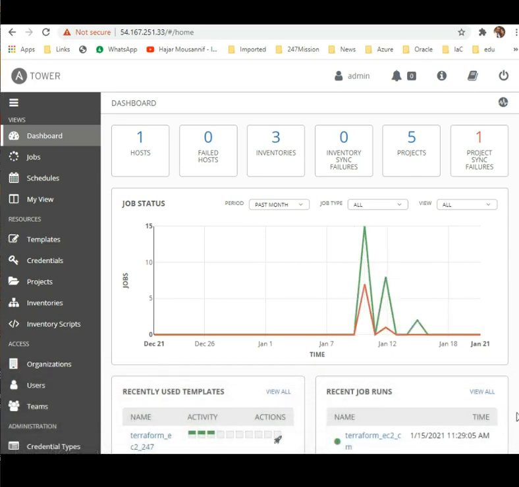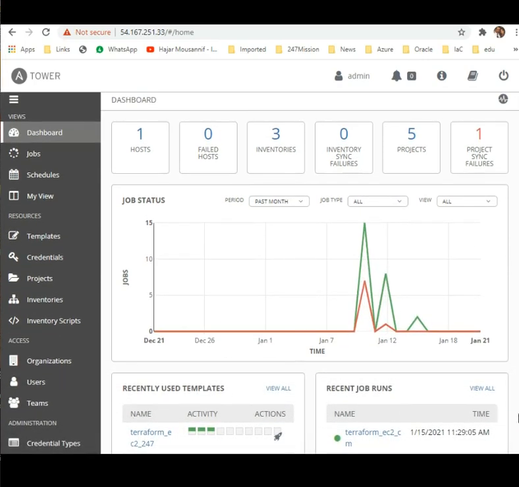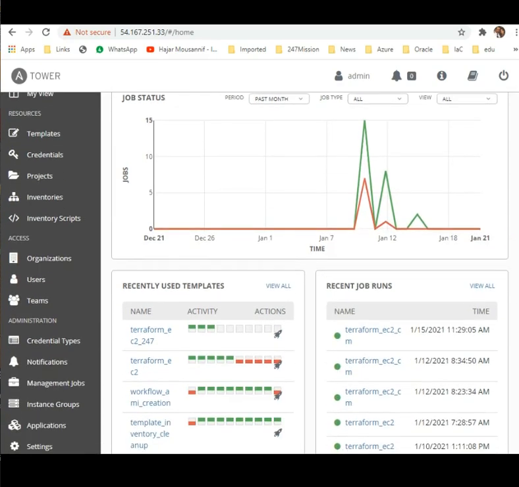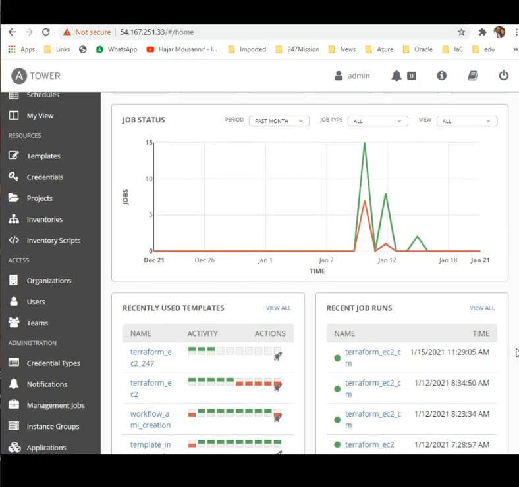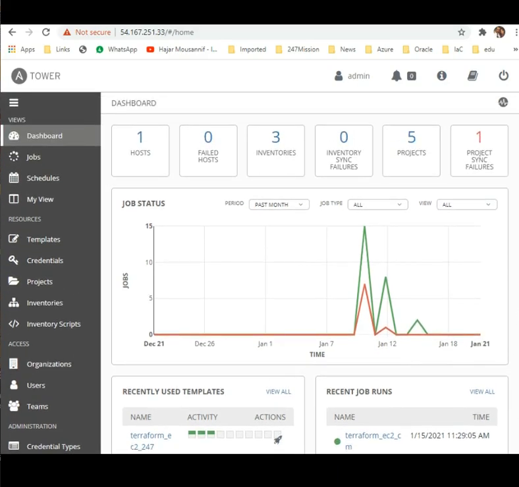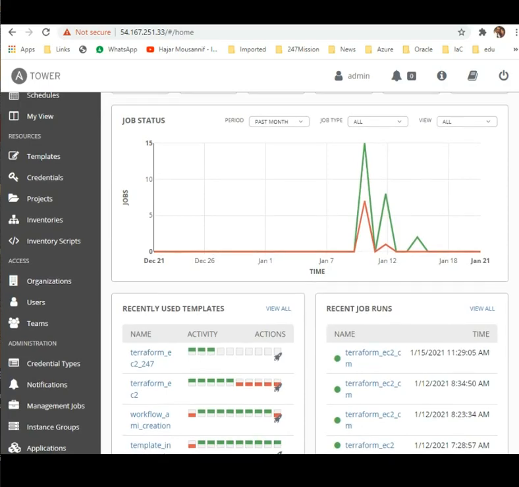Okay, as you can see, this is basically a dashboard. It shows you the projects you have, inventory, the hosts, and the jobs that you run, whether they ran successfully, you get a green success, or if it failed for whatever reason, it says failed. So this is basically one central location where myself and my team can come down here and see who did what and whether it went successfully or not. So it's really, really cool as far as collaborating with the team. So